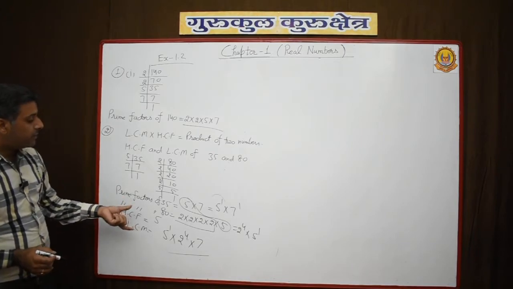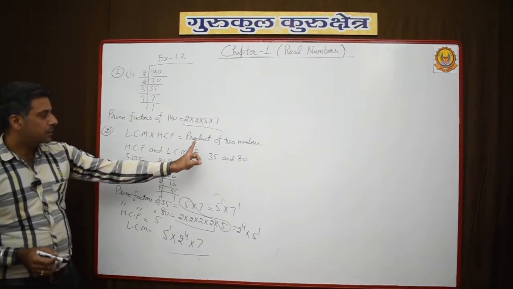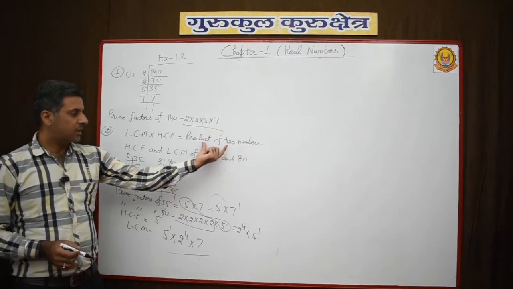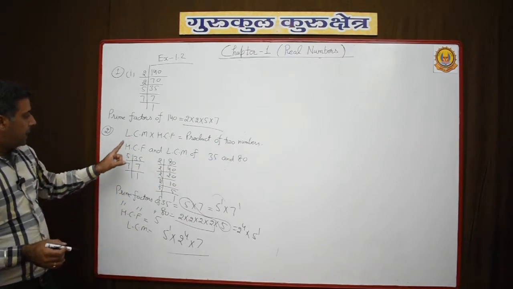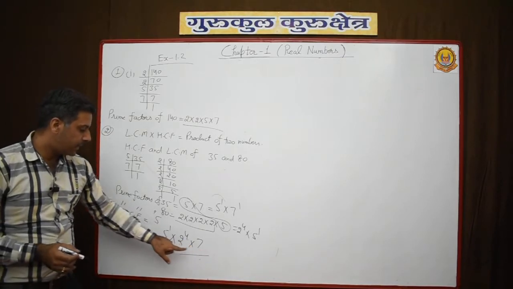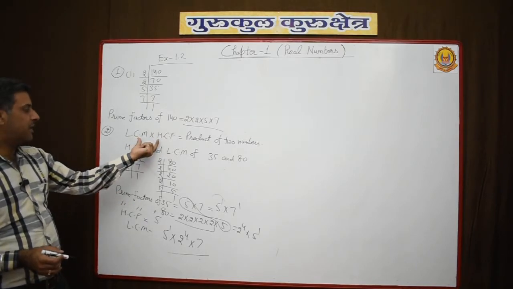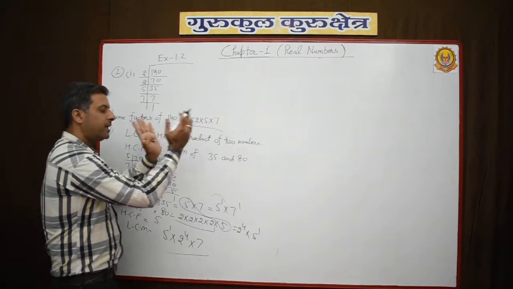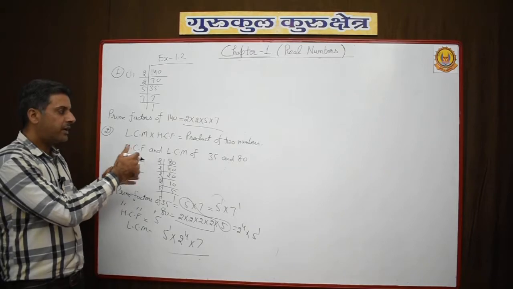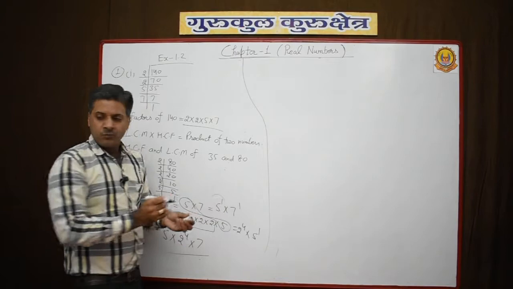Now you can verify this property with the help of the HCF, LCM and given numbers. The product of the two numbers means 35 into 80. You can put it here. This is the right hand side. And the LCM is equal to 5 raised to the power 1, 2 raised to the power 4 into 7. Multiply it, put it here, and then the HCF 5, put it here. After that you have to multiply. Both sides should be equal, and this result will be verified. You have already studied this in your previous class. Clear?